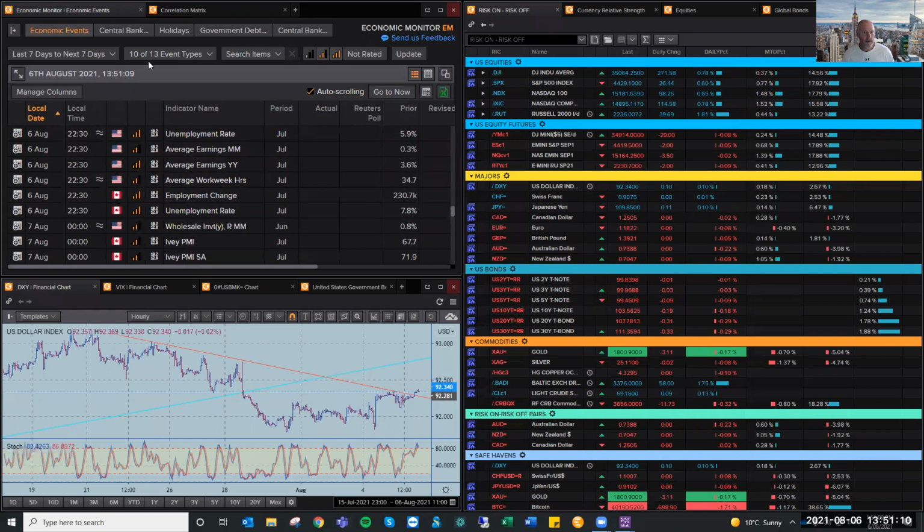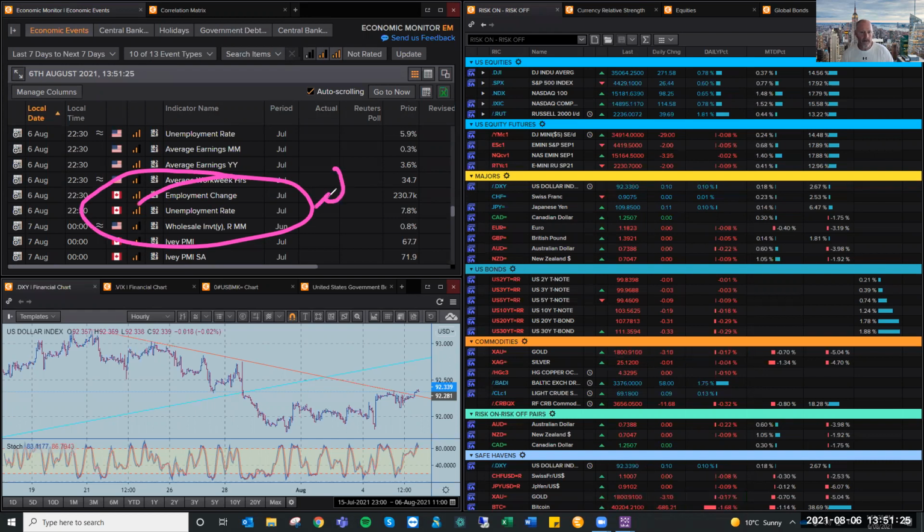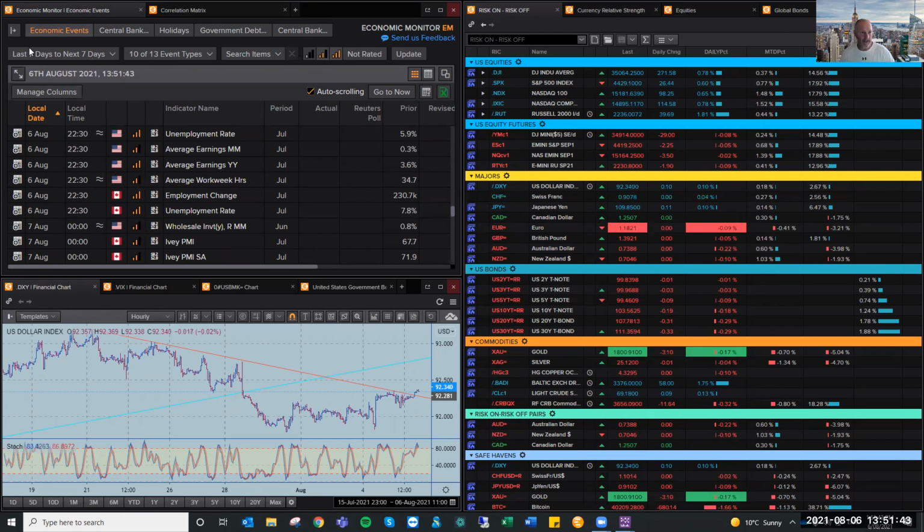Now, at the same time, we do have the Canadian employment numbers coming out as well, right? So really choose your poison there. Obviously the US numbers will impact the major currency pairs, and that includes dollar CAD. But if you're looking for a potentially easier trade, the CAD or the CAD crosses may be the easy one. Take the US dollar out of the equation and look at the CAD, because when you look at the Canadian numbers, there's only a couple of numbers to consider, right? You should have the unemployment rate and employment change. When you look at the non-farm payrolls, there are about 6 or 7 different variables. So it's a little bit harder to digest.